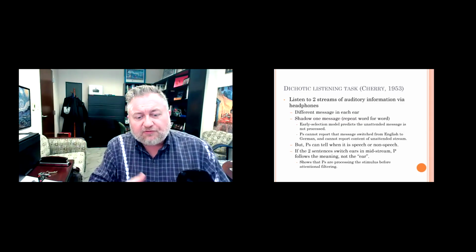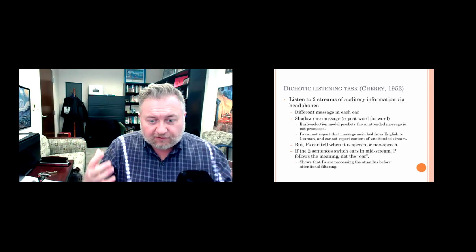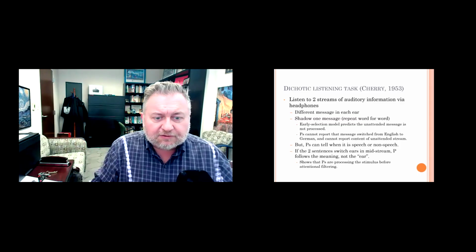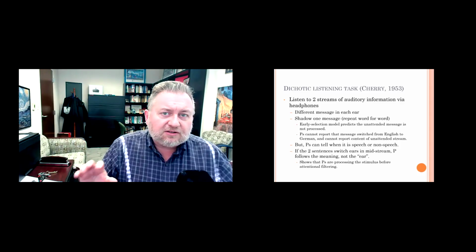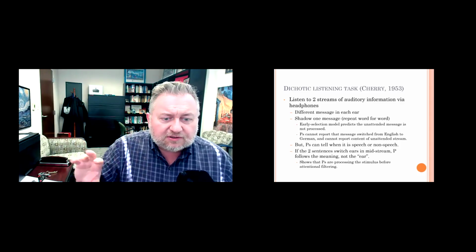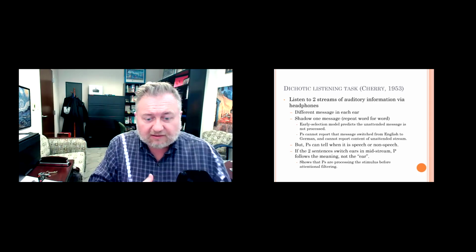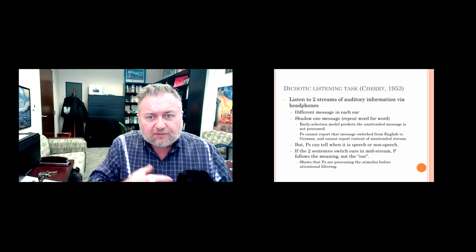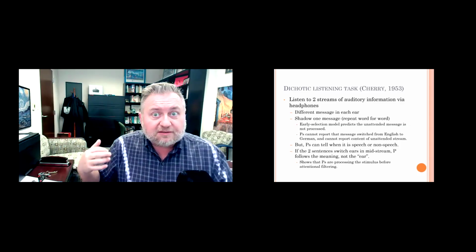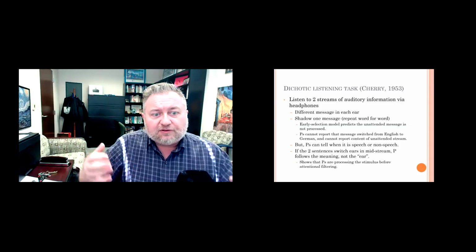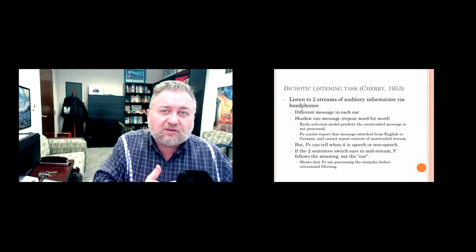And what happens is that people follow the message, not the ear, right? So again, if early filtering was happening, we would expect that one of the ways this could manifest is just a strategy that focuses on ignoring everything that's happening in the right ear and only focusing on things happening in the left ear. But because people are following the message, this would suggest that attention might also be doing more processing here, and that the filtering is happening at the level of the content, not at the level of the stimulus being in